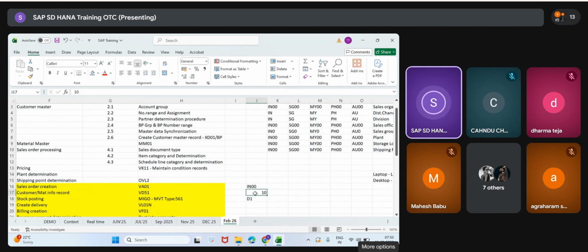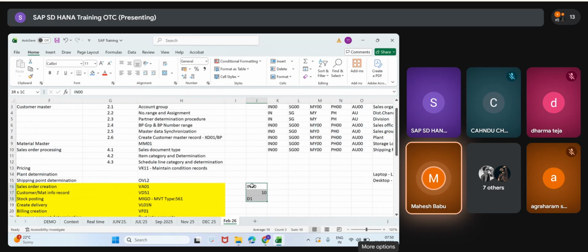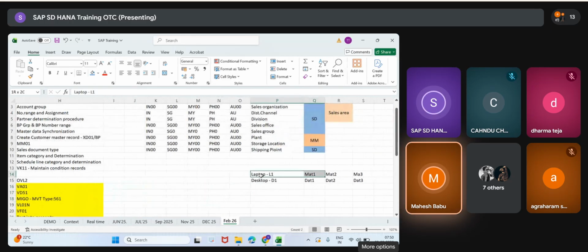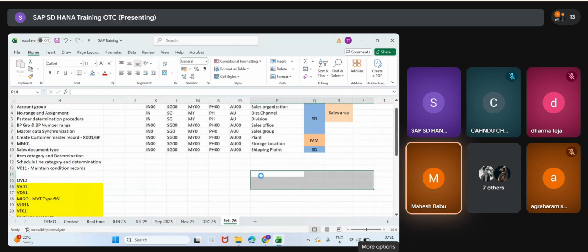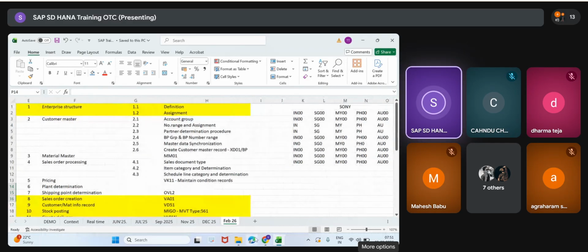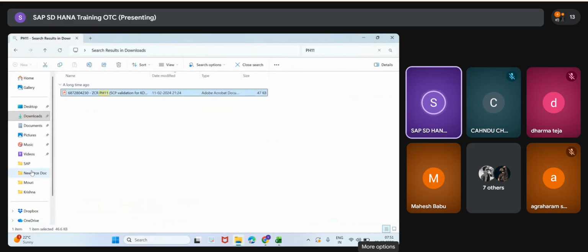Whatever requirement they have given, based on that we have configured what they are going to use in front end operation. That's it, end of the day. Right? It's simply what a product line is, the line of the business. So this is the enterprise structure. Now we are going to see it in the system.